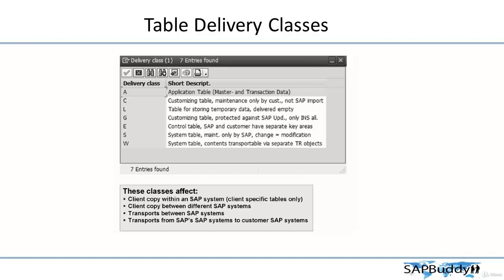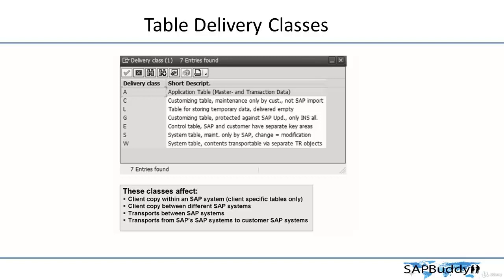These contents are purely technical. This is not taken into account when you are doing client copy. So it's an internal table which is generally not used for your transactional purposes. Meaning it is used, however you do not have data saved which you can use for client copy. And let's say, for example, delivery class L is for temporary data, such as, for example,